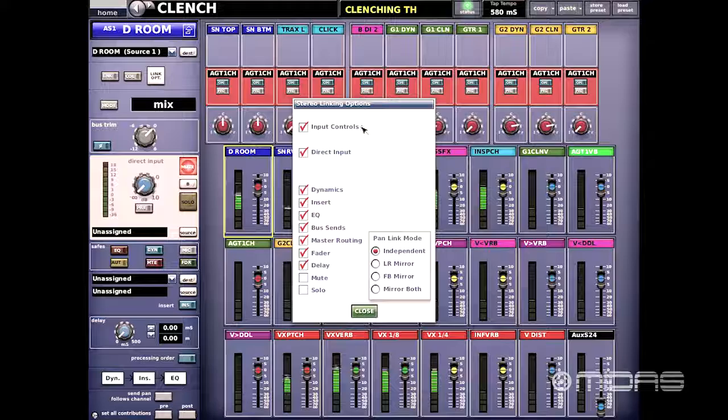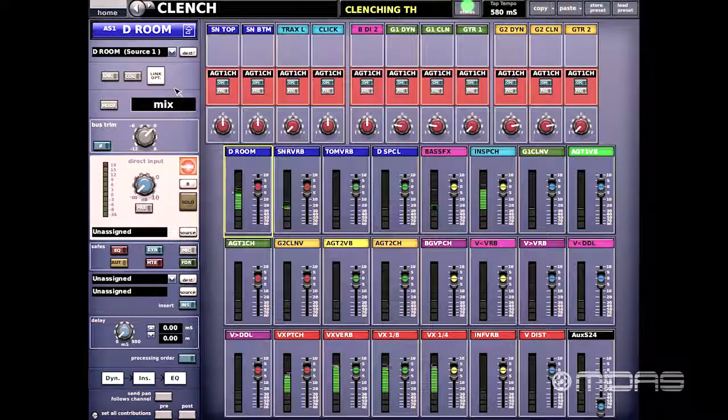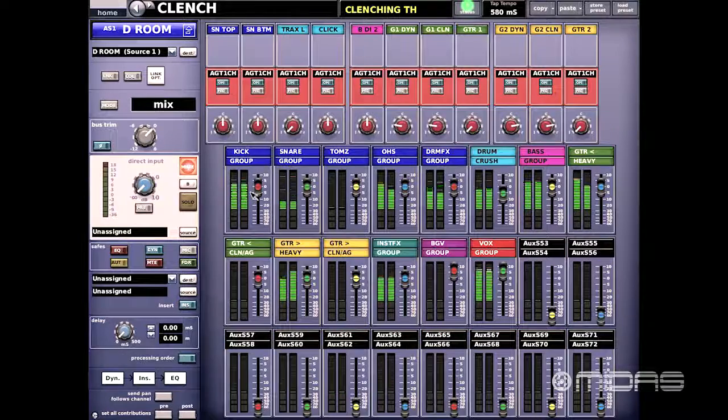We can link up the input controls, the direct inputs, the dynamics, the inserts, the EQ, so on and so forth. Right now I have the mute and the solo disengaged. Not a big deal because I'm not actually linking anything. So we can go ahead and close that out. Next to the link options, we have the COL button, which stands for collapsed. If we had aux send 1 and 2 linked together, it would actually take this mono fader and we would actually see stereo inputs. To show you exactly how that is, we'll just flip over to the next page